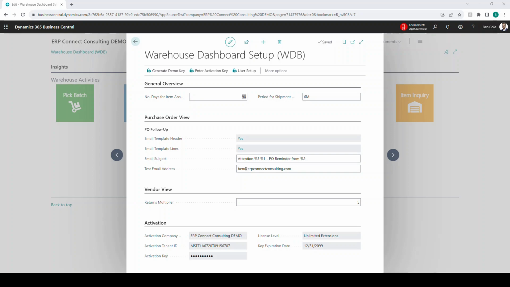After you've downloaded the extension, you can come up here to Warehouse Dashboard Setup and generate your demo key. This key will give you free access for 30 days, after which you can reach out to our team to purchase your yearly activation key, which you will enter here, and that will give you the extended version of our application. So once you've done those things, we can jump right into some of this light configuration. It only takes about 3 or 4 minutes to get set up, and then you're rocking and rolling with our